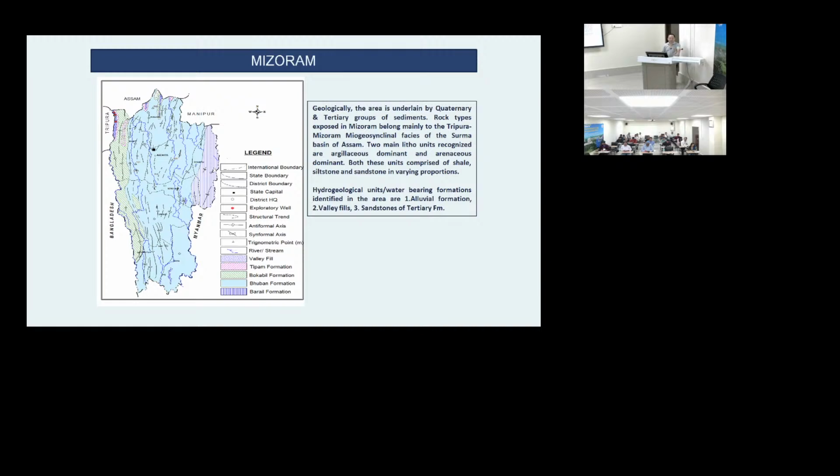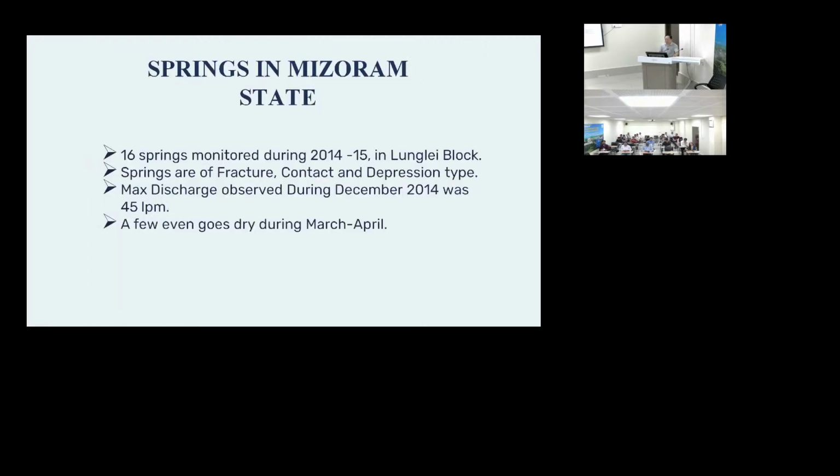Here, there is very little spring; in the plain area, you won't find much spring. So Mizoram mainly comprises quaternary and tertiary groups of sediments, and the rock types exposed in Mizoram belong to the Tripura, Mizoram, Miso, Meo-geosynclinal facies of the Sumatra Basin of Assam. The hydrogeological water-bearing formations identified in the area are mainly alluvial formation, valley fills, or sandstone of tertiary formation. And springs in